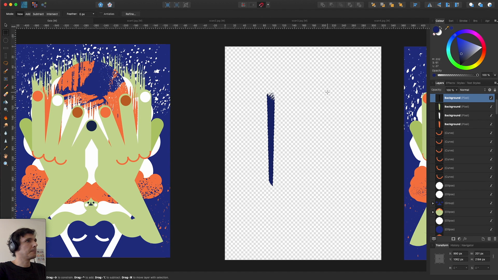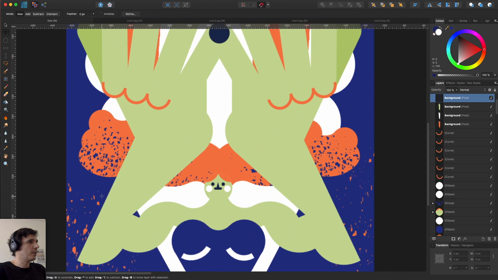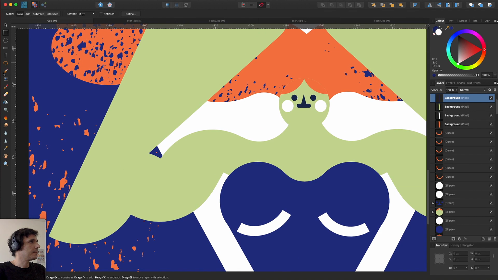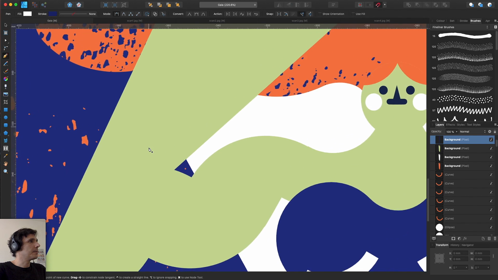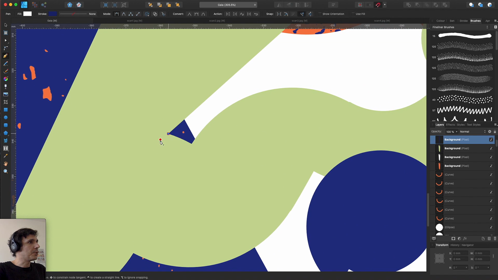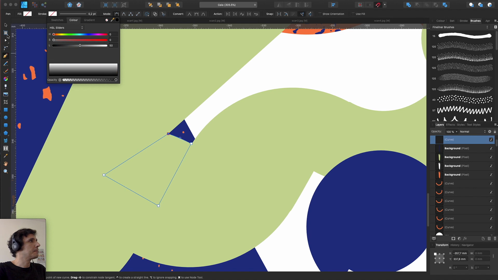So, and to apply this, we are going to create a vector mask. It's really easy, you just have to create a vector and make it transparent. So to do that, just go here, change to designer persona, and just draw here, here, here, here. Let's make it transparent.